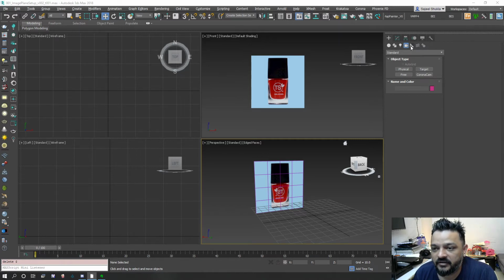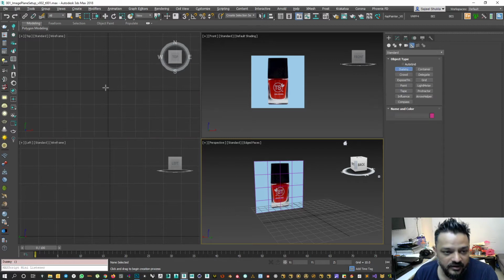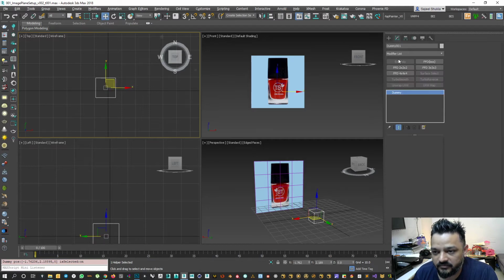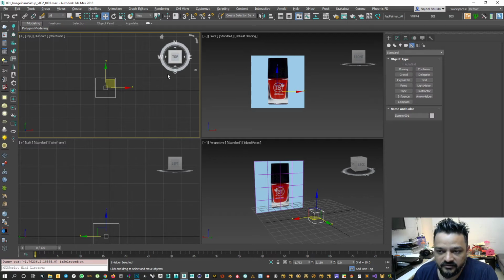So anyways, then this is helpers. So you can create things like dummies, and I'm jumping the gun here a bit, but dummy is